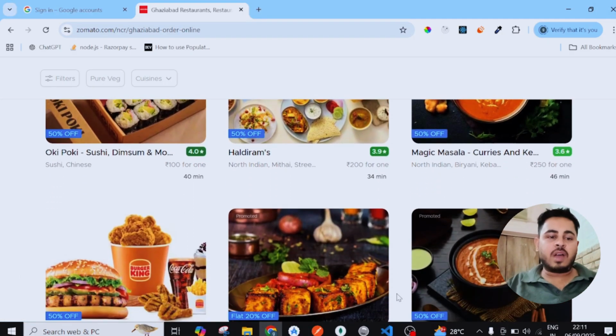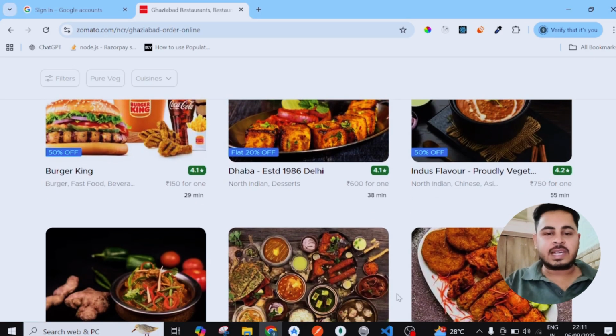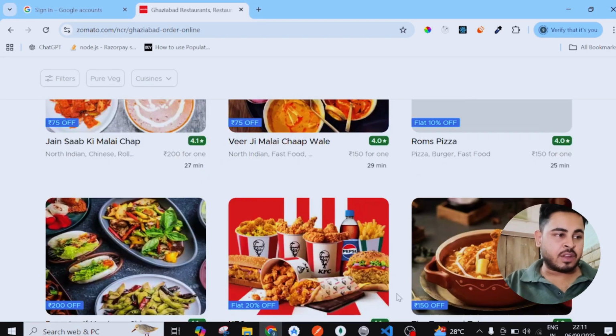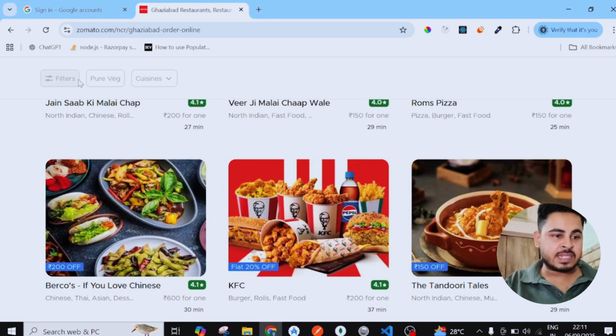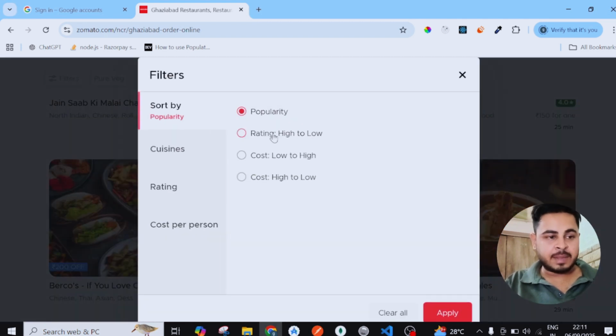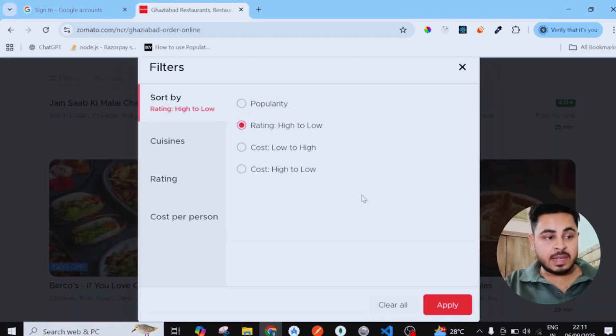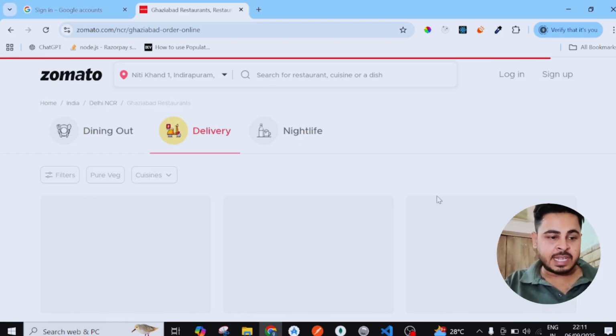Have you ever wondered how this data is coming on different pages? And if I apply some filters, like checking rating of the restaurants from high to low, all of a sudden the data changes.